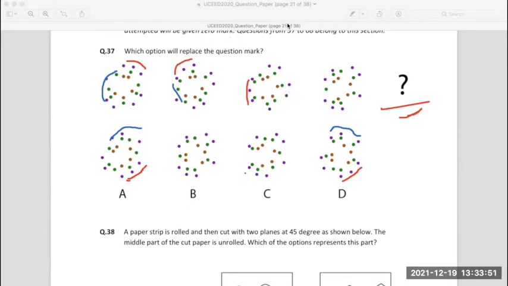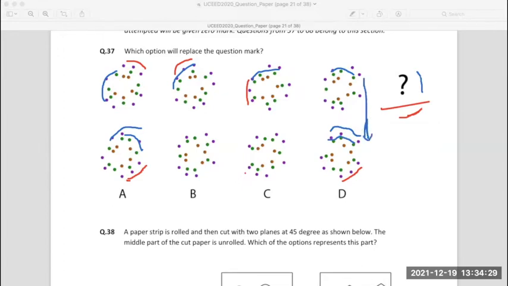Let me see an alternate position in a different direction. I'm still looking in anti-clockwise direction. Then I will say, okay, let's see what happens if I start looking at this in a clockwise direction. So in the clockwise direction, smaller, bigger happens here, smaller, bigger happens here, and smaller and bigger happens here. Then again, the smaller and the bigger should happen somewhere here. So I will say the smaller green and the bigger green happens here. The smaller green and the bigger green in D happens in the same position that we see here.